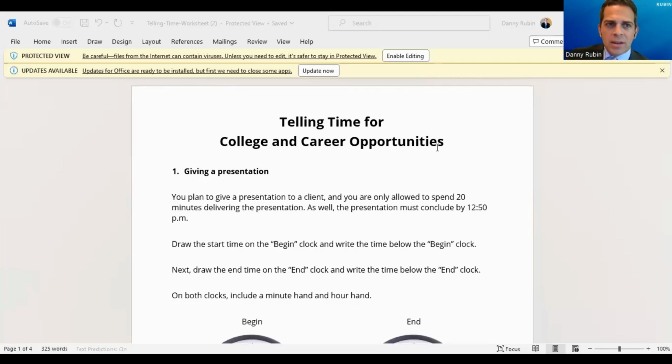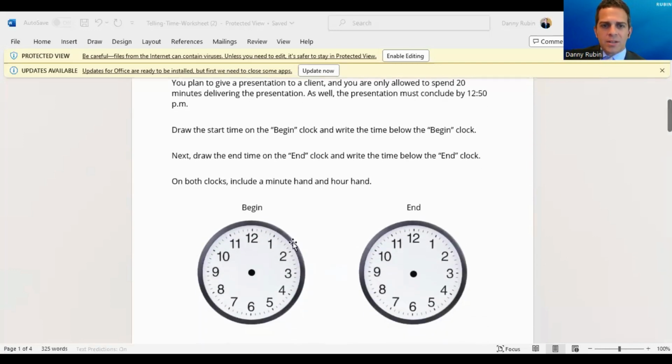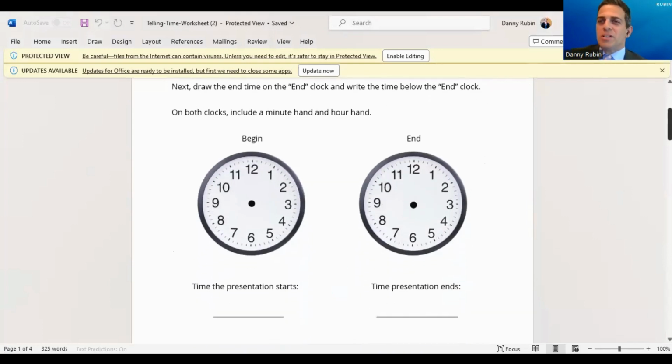Can everybody see my Word doc? Can you see my Word doc okay on the screen? It says telling time. Image is cut off. Can you see these clocks? Okay, yeah, it's cut off because I hadn't scrolled. This is a Word document. So what we've done, and we'll provide this to you, I mentioned it for the free things if you'd like,